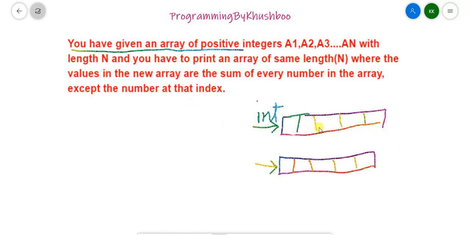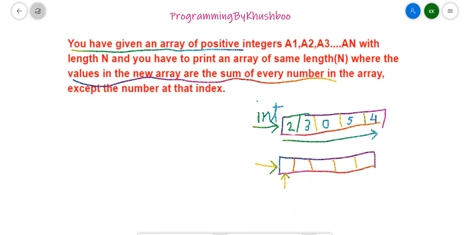Let's suppose this is the given array where the elements are 2, 3, 0, 5 and 4. You need to print a second array of the same length where the values are the sum of every number, 2 plus 3 plus 0 plus 5 plus 4, except the number at that index.